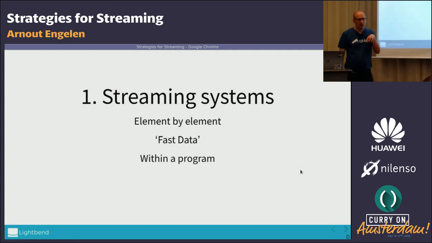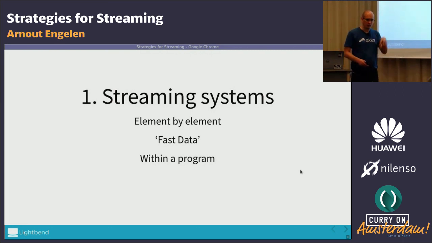Also today I will be talking about streaming within one program. Of course such a program will exist in a wider application, so you will have different programs which stream to each other. Today we will look at strategies for building one such node. So things like Spark, which distribute a streaming job over a cluster, that's not what we're talking about today.